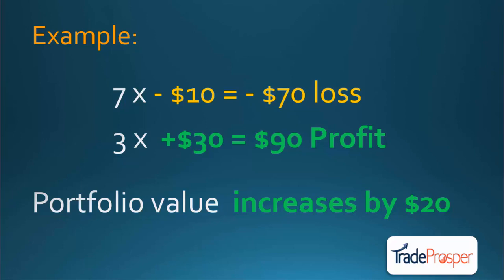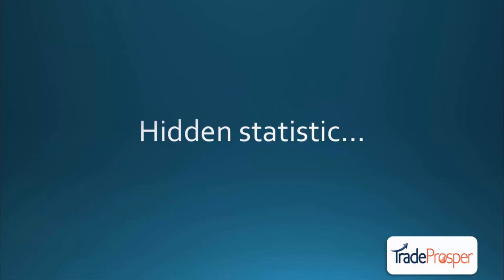But I just wanted to show you the example because I've got another hidden statistic that lies in there that I want to talk about. And that is that in order for this statistic to work, in other words, for you to be able to make consistent money over a long enough period, because remember, we're not trading here for a quick win. We're actually trading as a long-term strategy here. And that requires you to stick to your guns for a little while.